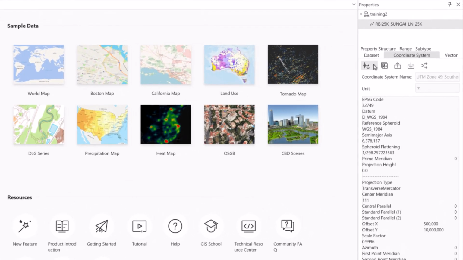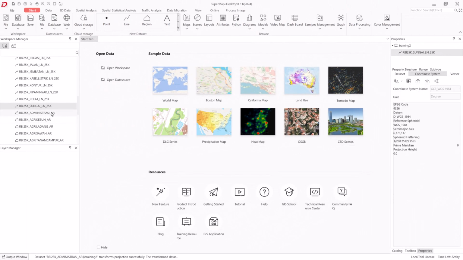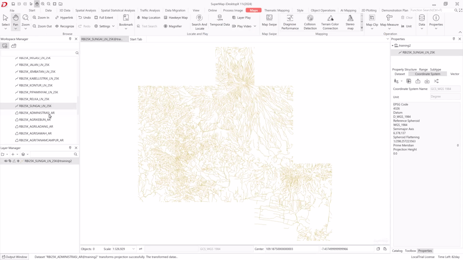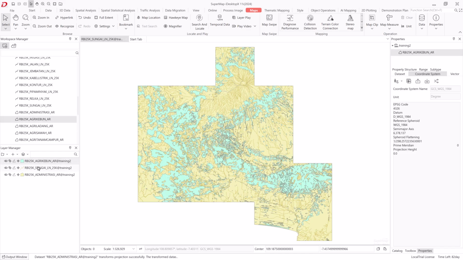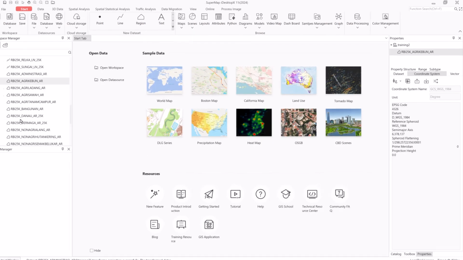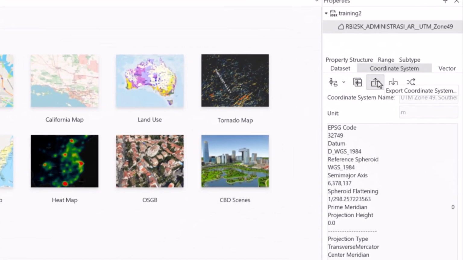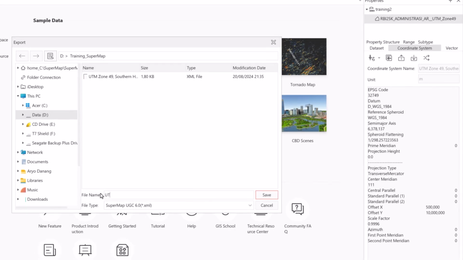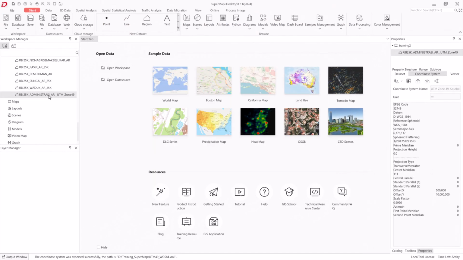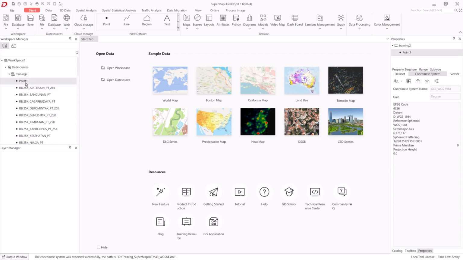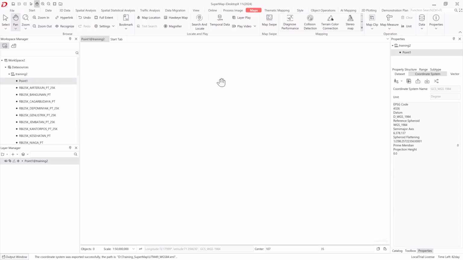We can change it back by pressing the Reset Coordinate System button and selecting Geographical. Then we will try to show them together again. You can export the coordinate system and save it as an XML file. Then you can import the XML file into a dataset that doesn't have a coordinate system yet. For example, I'm going to change the dataset I made at the beginning of the video, which is dataset point